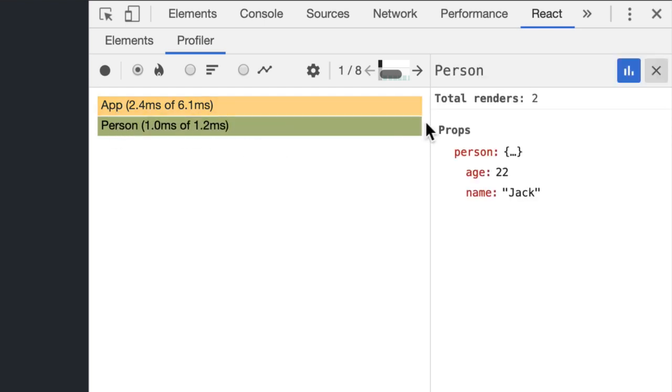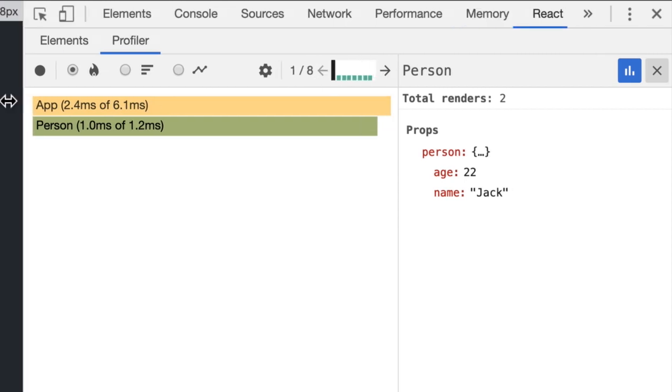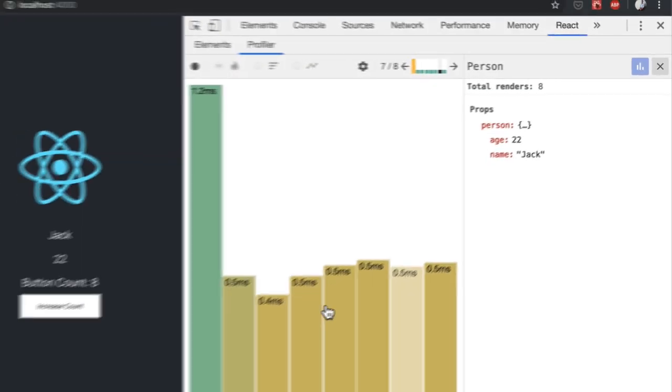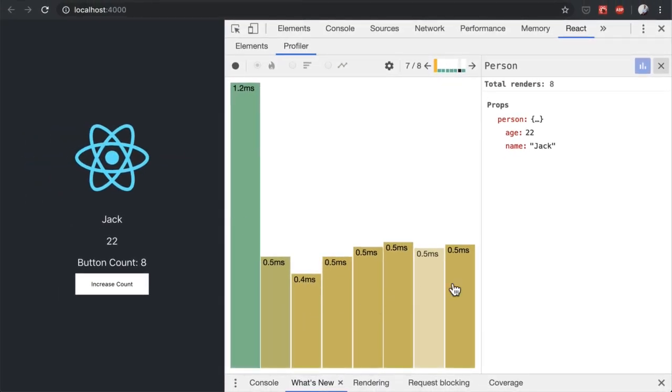If we look at it, we'll see up here in this bar it actually shows us these elements. Every time you click it, it advances through that chain, and it tells us how many renders actually happened in the total number of renders, and every time it rendered, what were the props that got passed into the person component. The interesting thing is if you hit this icon here, it tells you the total amount of time each re-render took. So the initial mount, of course, took longer than the subsequent re-renders,